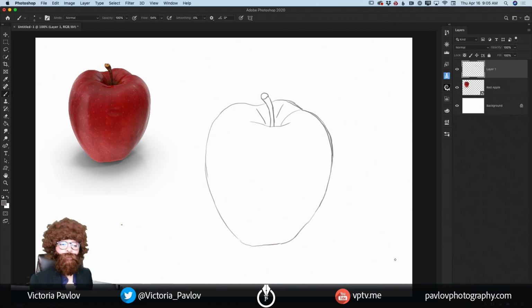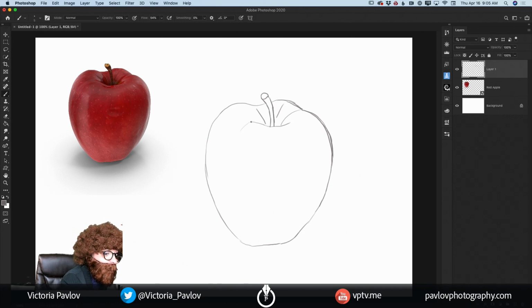Now, guys, let's talk about our shape. We will build our shape using shades and highlights. But so as not to be lost, if you never painted before, and for professional painters who have painted probably the last 30 years, this is the best way. So what I will do, I will bring the size of my brush down like this, and I will start creating a plane for my apple. What I'm doing, I'm basically outlining